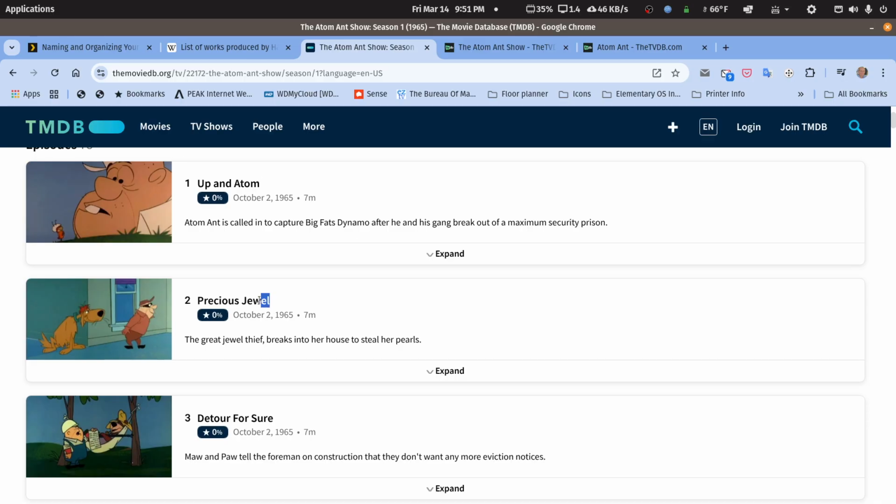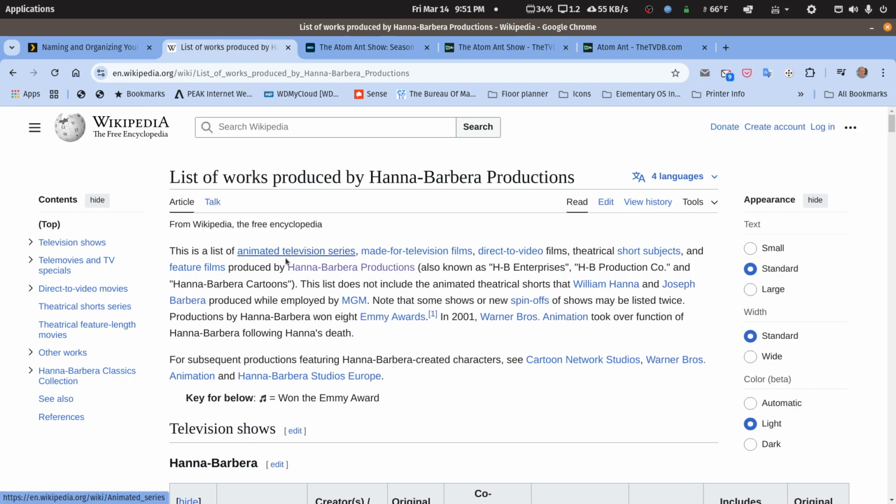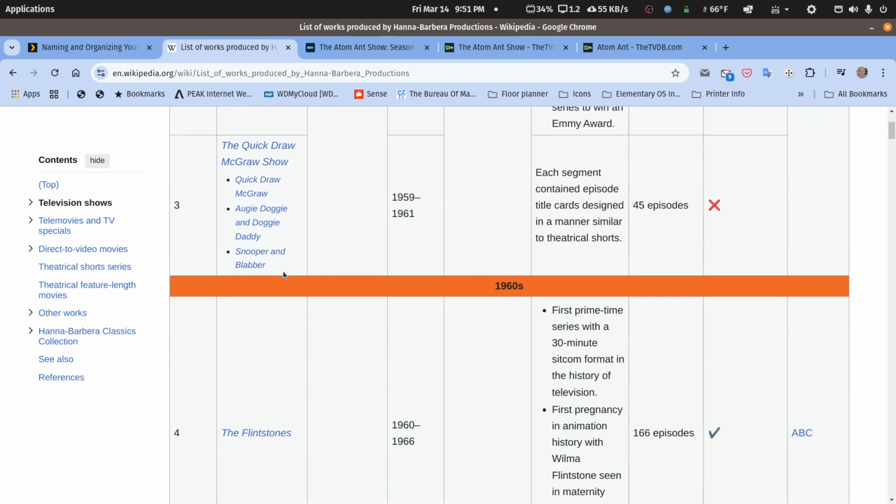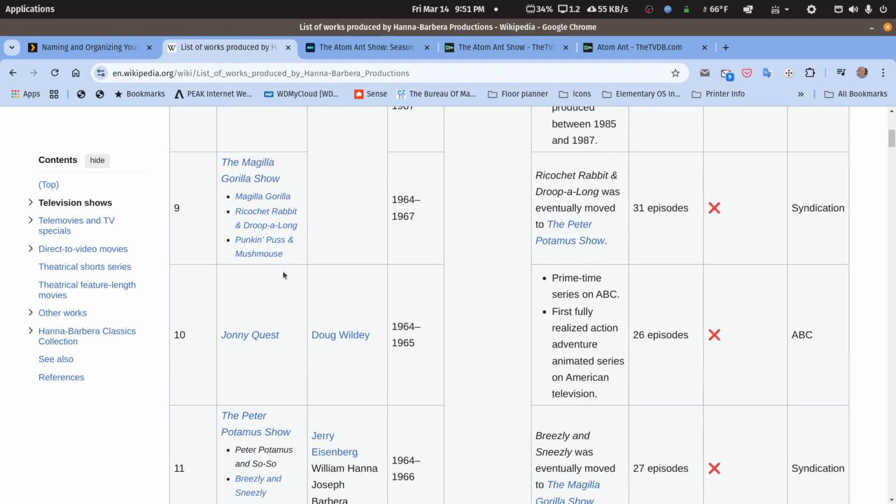This Precious Jewel segment referenced, I think, Precious Puppies. It was a different cartoon universe. And this Detour for Sure was something about hillbilly something. If we go over to Wikipedia for Hanna Barbera and we drop down and find